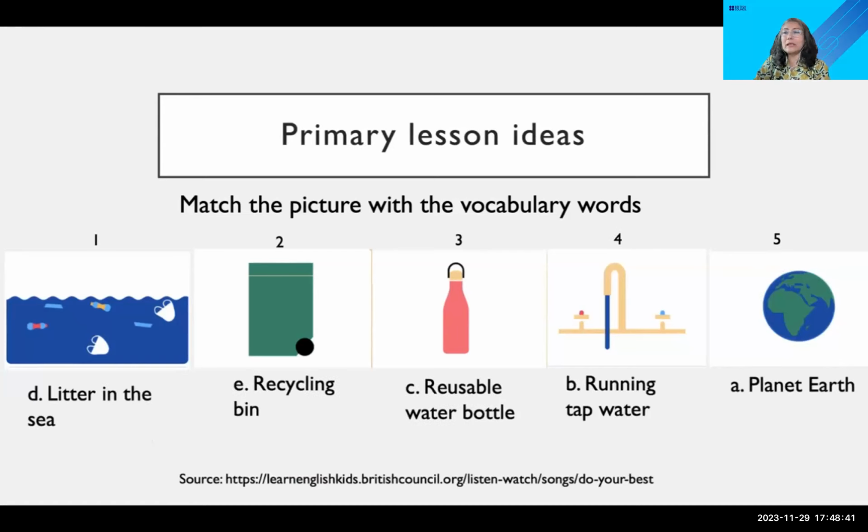So these were the answers. Mawa, can you paste them in the chat box so people can cross-reference? So 1 was D, litter in the sea. 2, the visual was E, which is a recycling bin. 3, which everybody got, was a reusable water bottle. 4 was B, which is running tap water. And 5 was A, which is planet Earth. So these are some of the vocabulary words and phrases that they need to be prepared when they